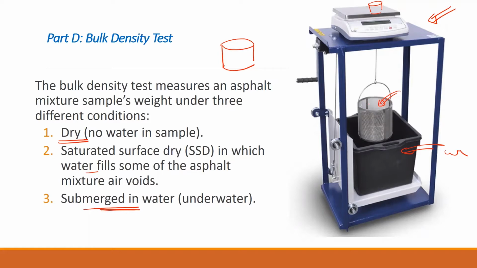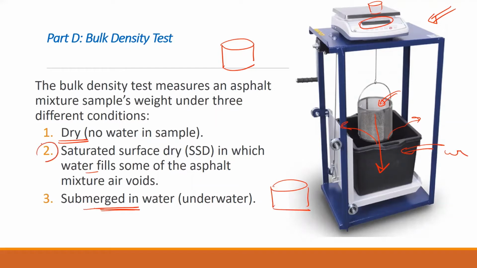So we put the specimen here and we submerge this bucket in the water, and we'll leave it for some time because we need to get water inside the specimen. There are some voids in the specimen, and those voids should be filled with water. You can see the air bubbles going out when the specimen is inside. So we'll keep the sample inside water for some time, and then we'll measure the weight from the scale. And we take the sample out.